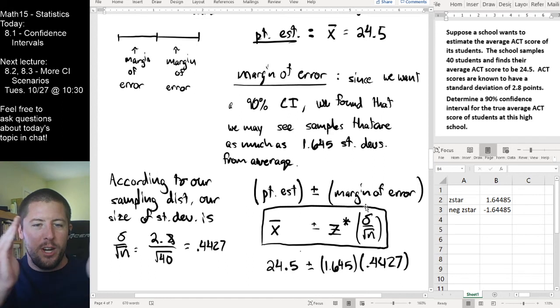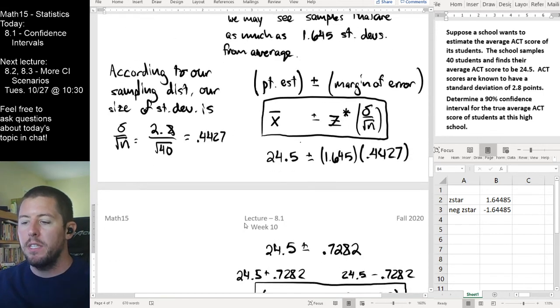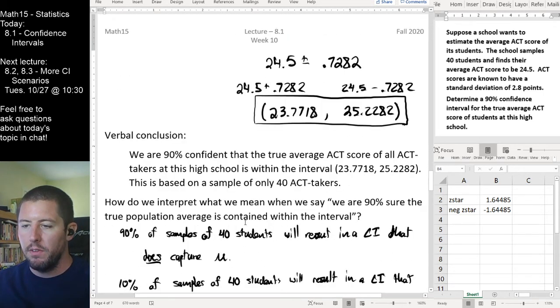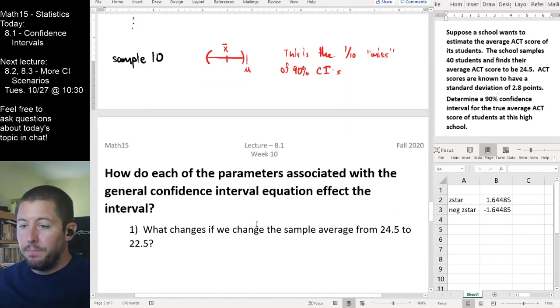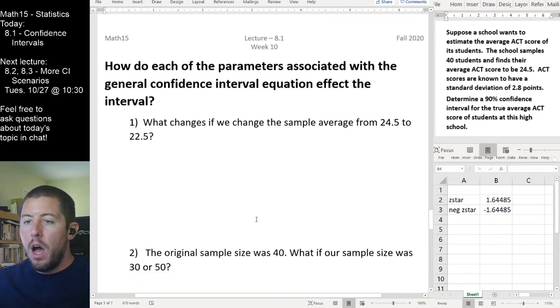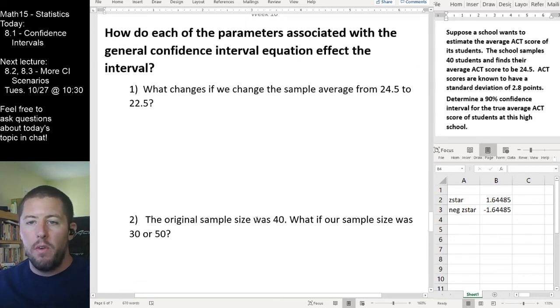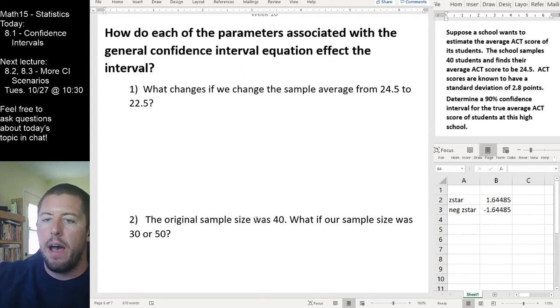So we're going to get wider confidence intervals if we increase our level of confidence, or vice versa. If we decrease our level of confidence, we'll get smaller intervals. So let's look at what happens when we change some of these parameters to see what's going to be different. We want to ask how each of these parameters influences the confidence interval's size and location. If we change the sample average from 24.5 to 22.5,